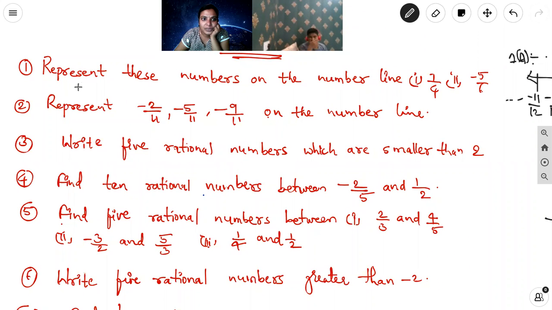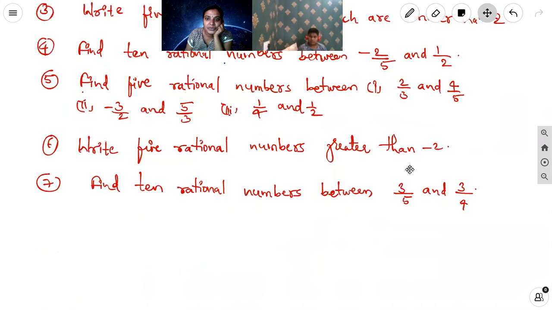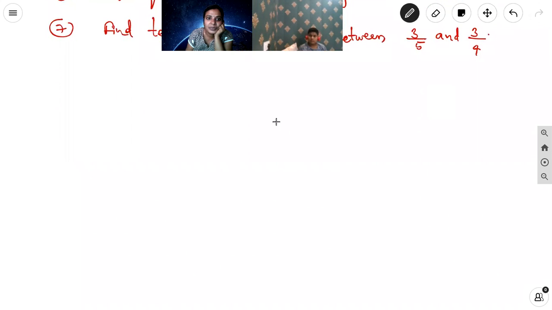Exercise 1.2, first problem. Represent these numbers on the number line: 7 by 4. First question is 7 by 4. Second one is minus 5 by 6. Okay. 7 by 4 means here